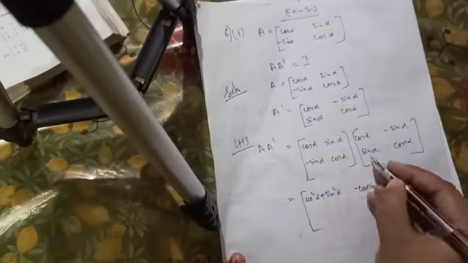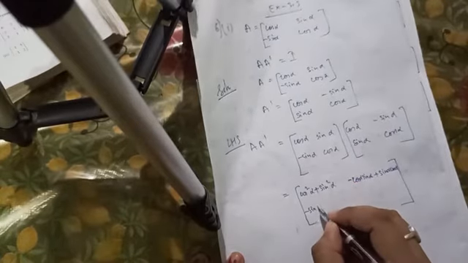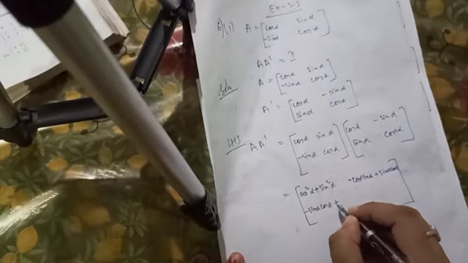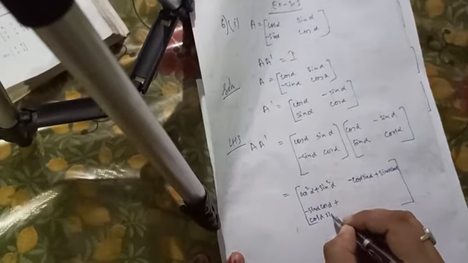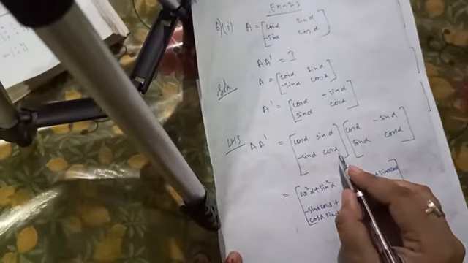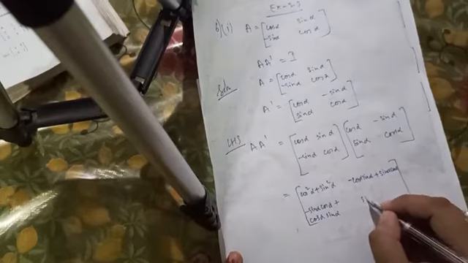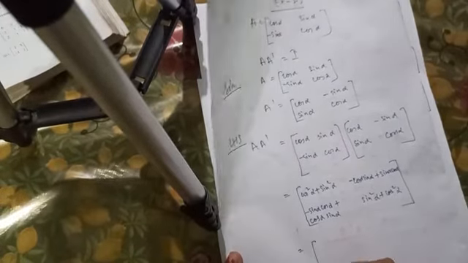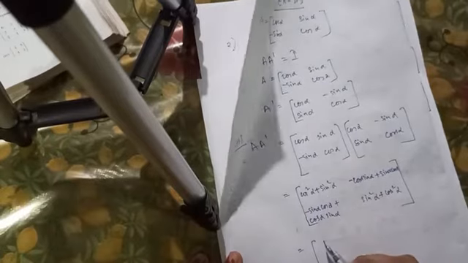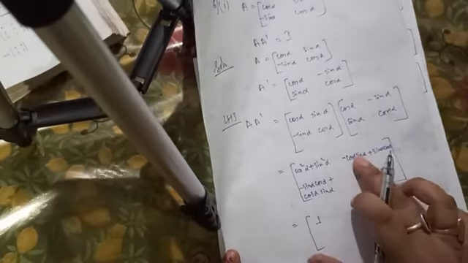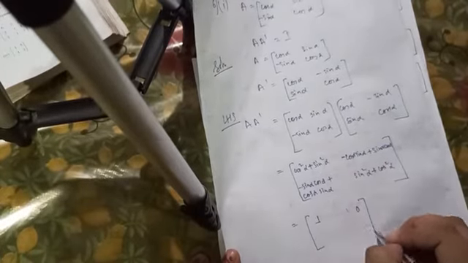Next, second row you have to multiply with first column, that is minus sin alpha cos alpha plus cos alpha into sin alpha. Next, this second row we have to multiply with second column, that is sin square alpha plus cos square alpha. So already we know that cos square alpha plus sin square alpha is 1, same with different sign function. So it's 0, this is 0, this is 1.